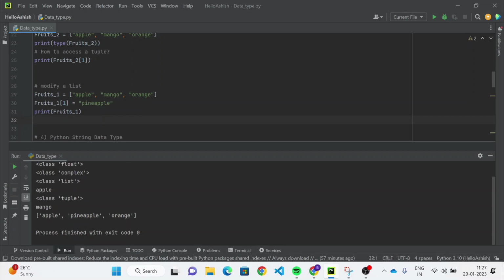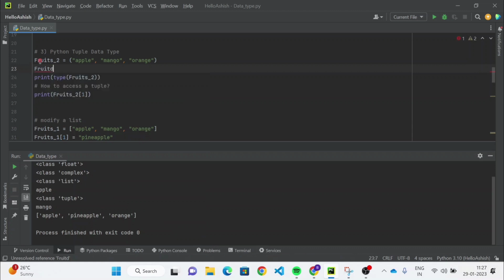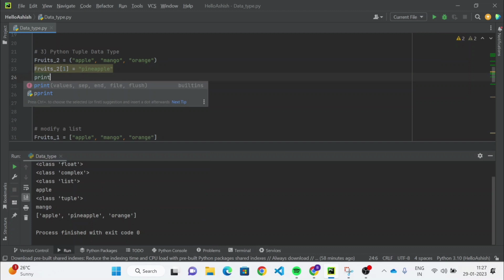So we can modify a list, but you can't modify a tuple. Let me show it here. The same thing you can try. So fruits 2, and I want to change mango name to pineapple. Now see, it will give you an error. So print fruits 2.